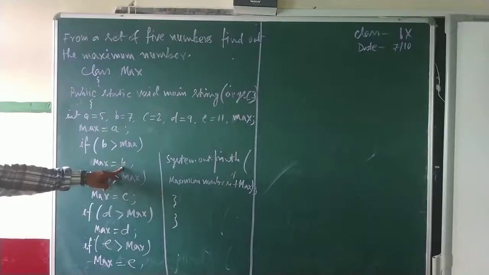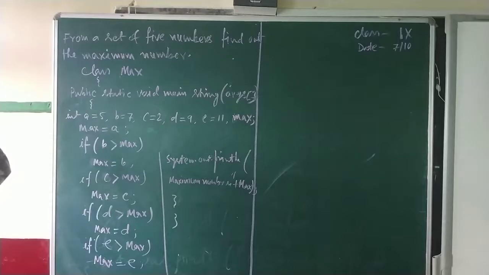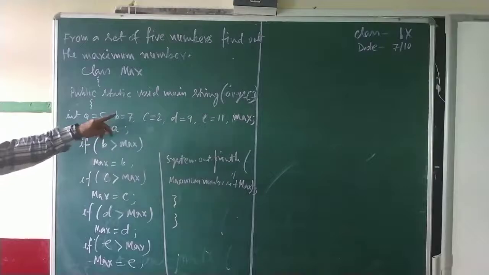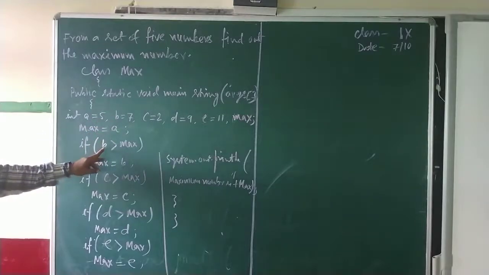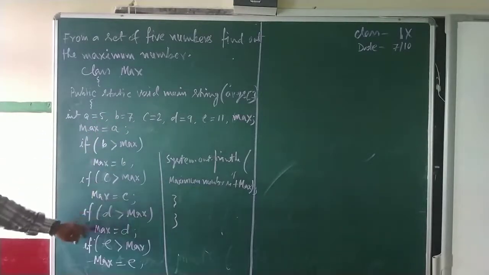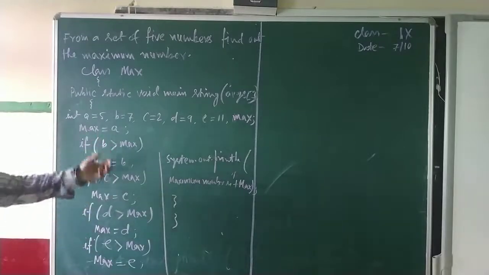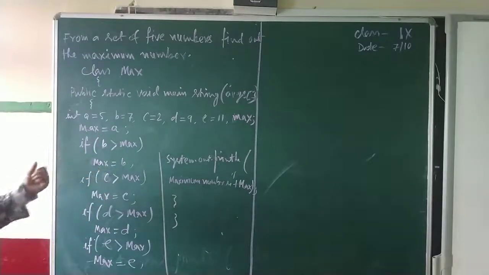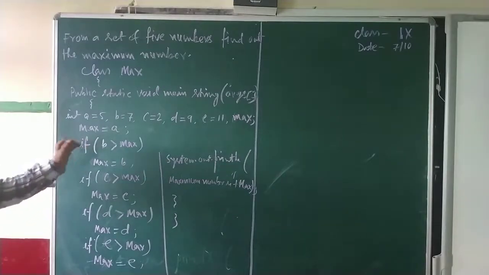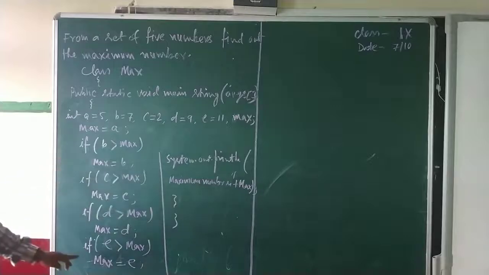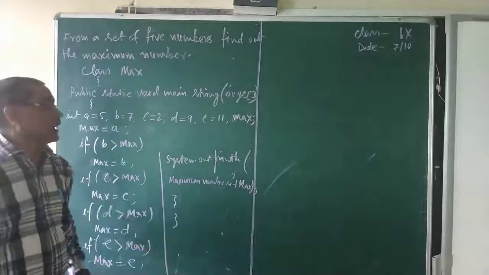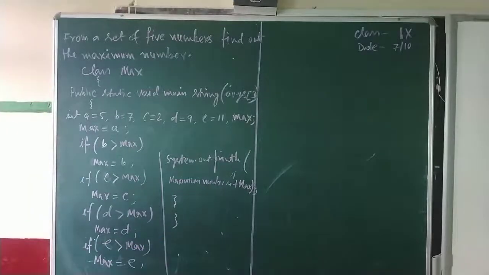So here it is comparing between A and B, and we are finding out which is the greater number. We start by giving the value of A, 5, to max. Then this max is checked first with B, then C, then D, then E. Whichever is bigger than the value in max, max will take it. Max will always be taking the higher number. If it is a lower number, it will not take anything. Ultimately it will come to the last, E is also checked, and max will get the highest number. That way we can find out the maximum number.